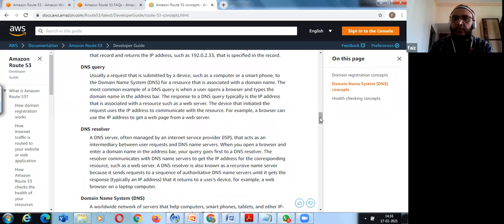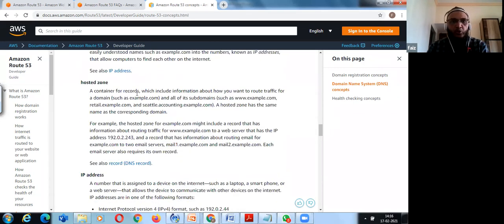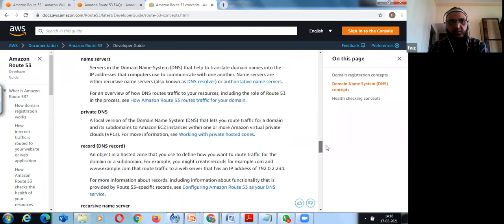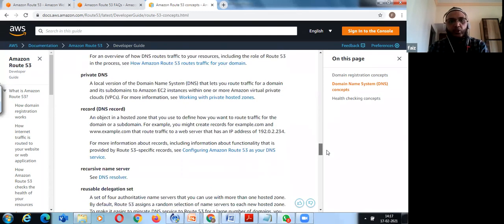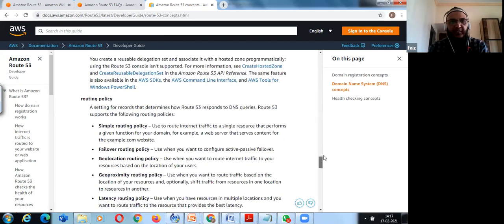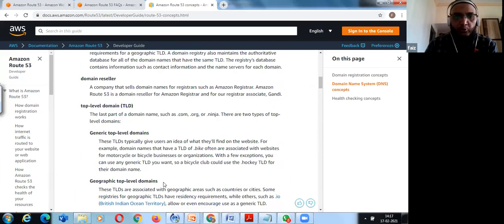It's a read document, so you can just go through it to update yourself. A hosted zone is a container for records which include information about how you want to route traffic to a domain, such as example.com and other things. Name servers, DNS record, recursive name server, all your basic concepts of DNS, you can find over there. And I'll be sharing that link with you.